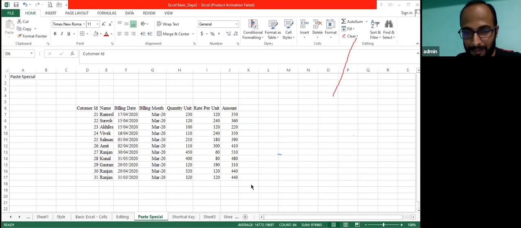Alt OCA is coming 2 times. Yes sir, Amit sir, Alt OCA is coming 2 times, because one is for AutoFit and the other we can also use to unhide column. Alt TL is not working.